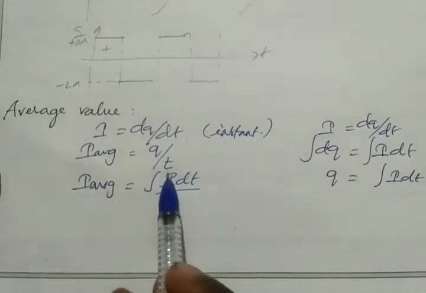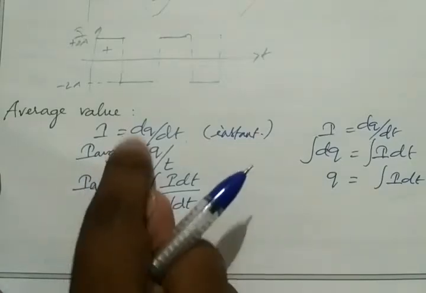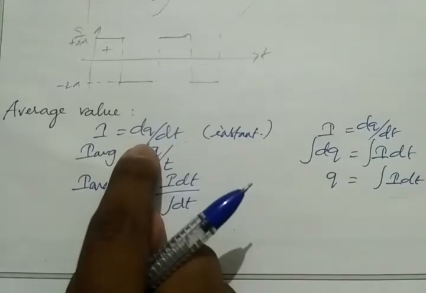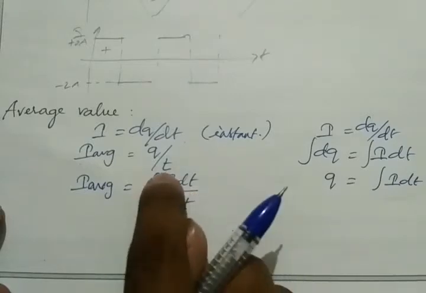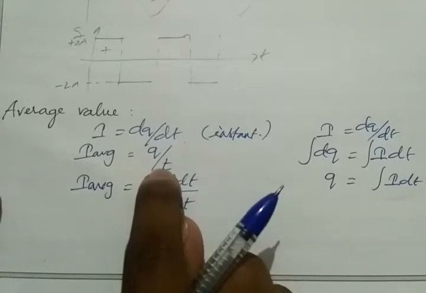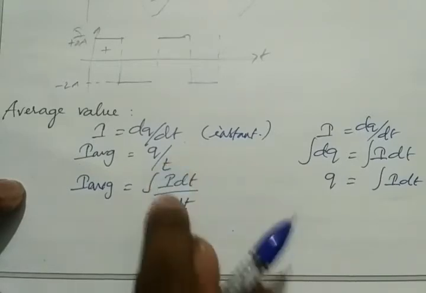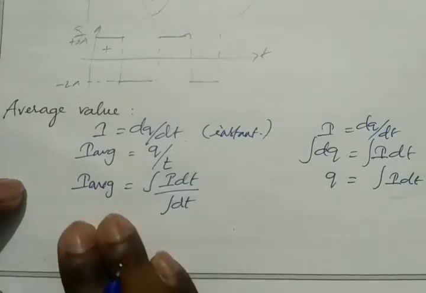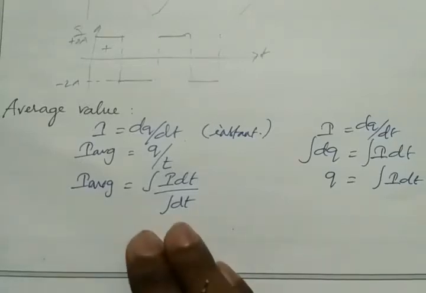if I want to write this t in integration form, then I can write it as integral of dt, right? Just reverse mode. We can write dq as q after the integration, or we can write q as integral of dq, in integration form. So if we integrate dt, then we get t. If we want to get t, then simply I have to integrate this t as dt. So here I write this t as integration of dt. Both are same. Integration of dt will be t. For our convenience, I write this. So this is the equation of average current. Or if you take any average, the equation will look like this.